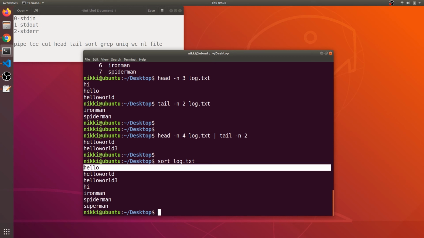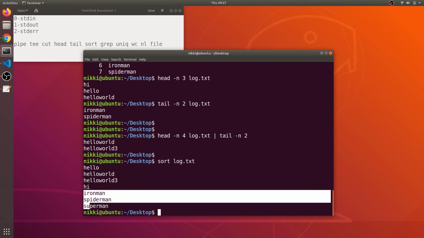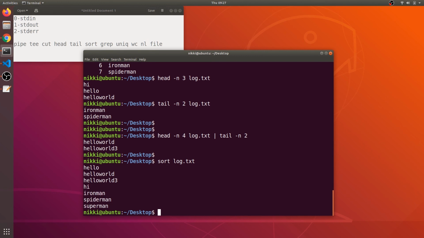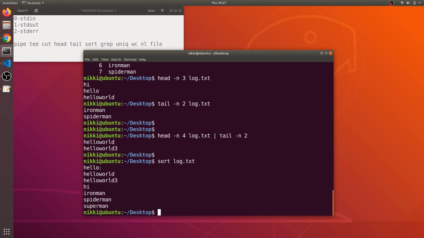So first there is hello, h, and all the words starting with h are arranged together, and then the second character has been checked, e. Hello is the same. Hello is the least, the lowest one in the ascending order, and then hello world 3, and then hi. So these are sorted according to the ascending order of their alphabets, right?